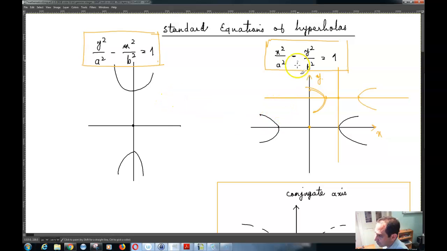And we are not going to talk about any more advanced cases than these two right here. I suppose probably in the next book there will be some more advanced cases of these hyperbolas, but